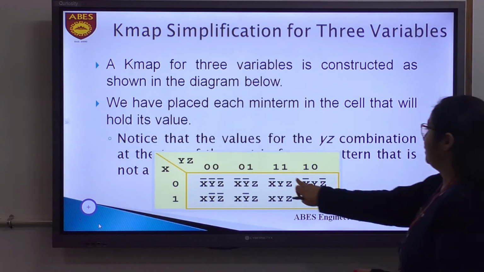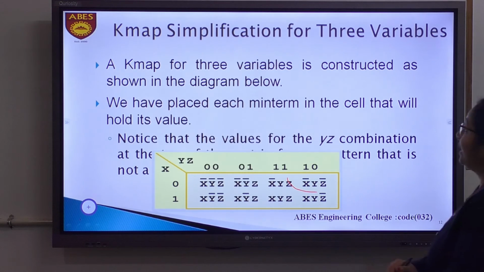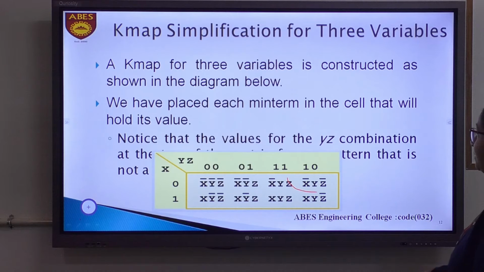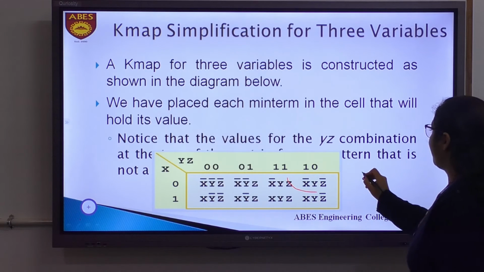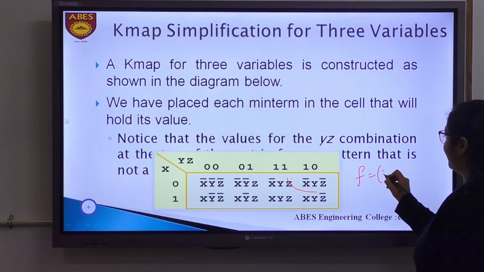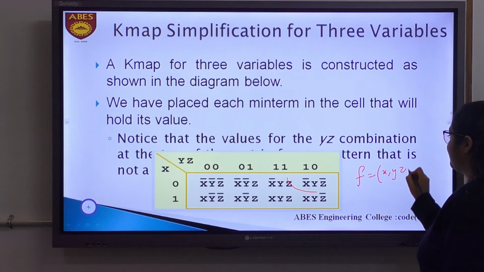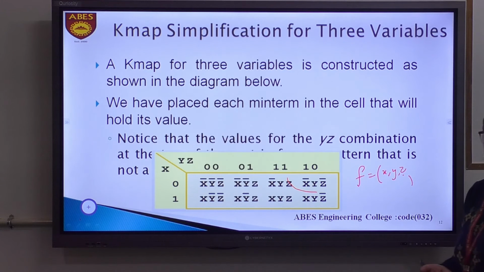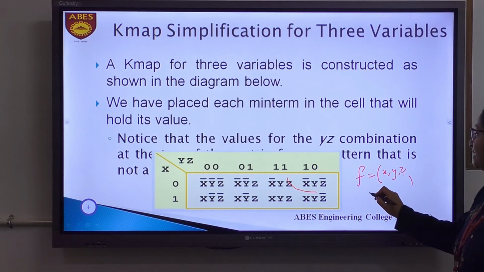Here we have a K-map for 3 variables, right? We have a function f having variables x, y and z, either in the complemented form or in the direct form. If we have a 3 variable K-map, then how many entries will there be in the K-map?